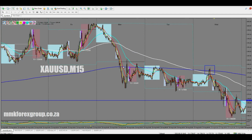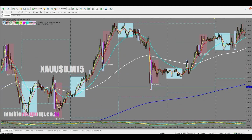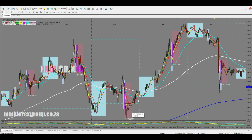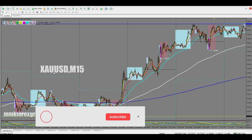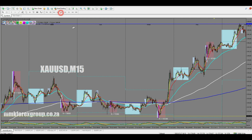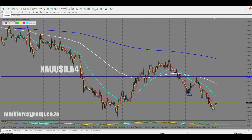Right? And these happen on the bigger picture also. Look at that. Just a money grabber. Grab the money, pull it away from you. Right? Grab the money, pull it away from them. Right? But you have to be selective. Look at this one. Grab, pull it away from them. Right? So if you can actually catch these type of trades, you've got the opportunity to catch price really moving,